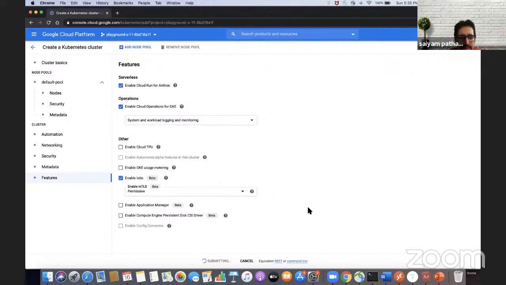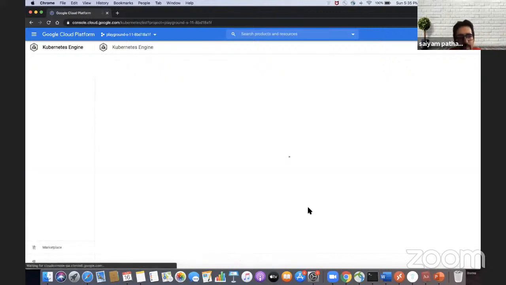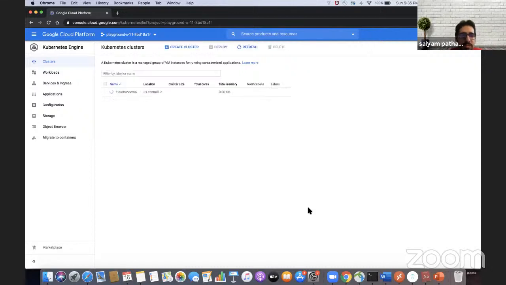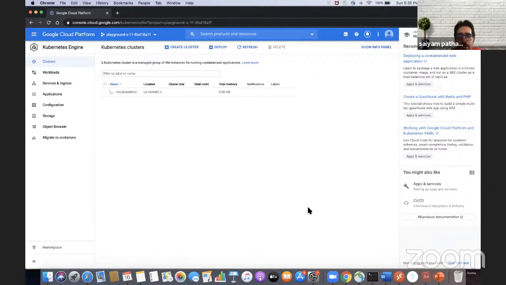Obviously, it will take a few minutes to create, and then we'll deploy the Cloud Run application. You can also do it from gcloud commands, there's no harm in that if you want to, but for that you need to have your gcloud create command. By the way, while creating a cluster, at the bottom it gives a gcloud command for it. That particular command comes whenever you create any GCP service. In the meanwhile, what we can do is